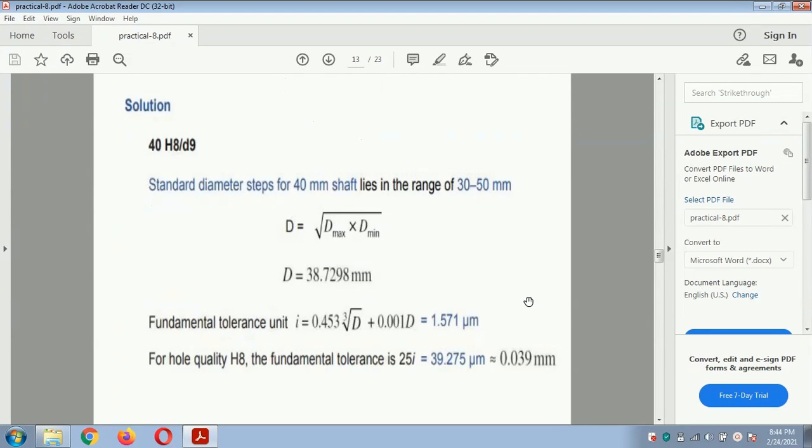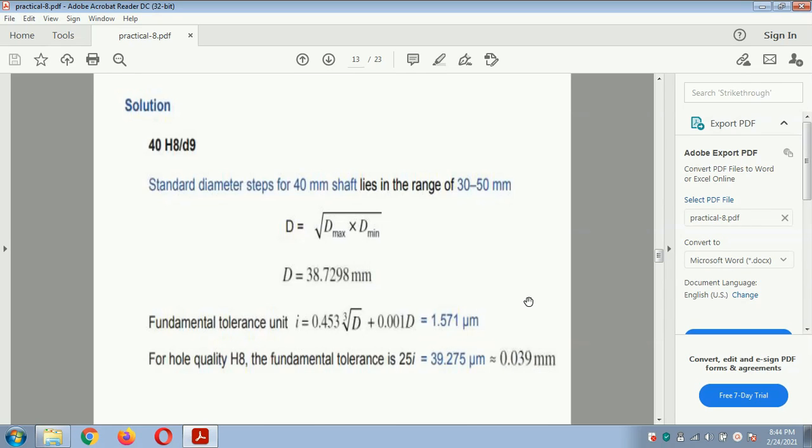So for the solution, the dimension is given as 40 H8 D9. The standard dimension for a 40 millimeter shaft ranges from 30 to 50. So you find out the one diameter, that is D equal to the square root of D maximum into D minimum. With respect to this formula, the value of D is 38.7298 millimeter, and you are given the fundamental tolerance unit, that is I,